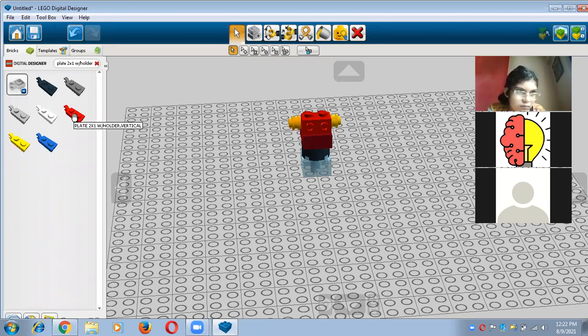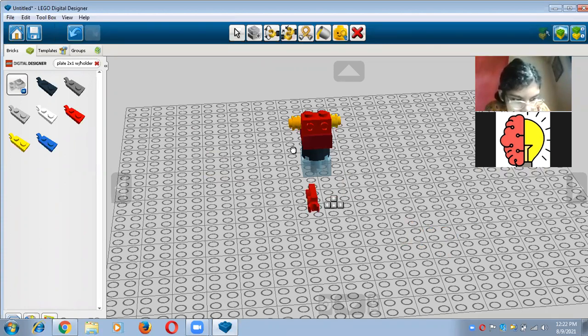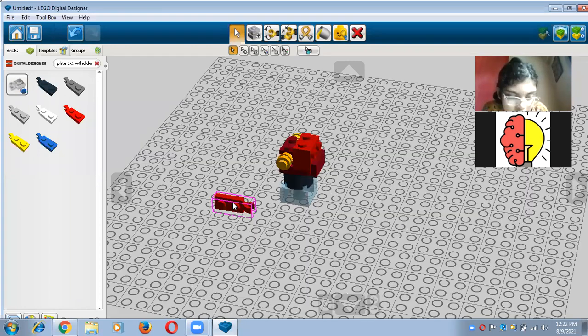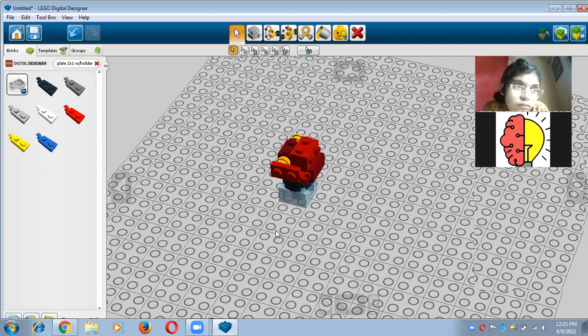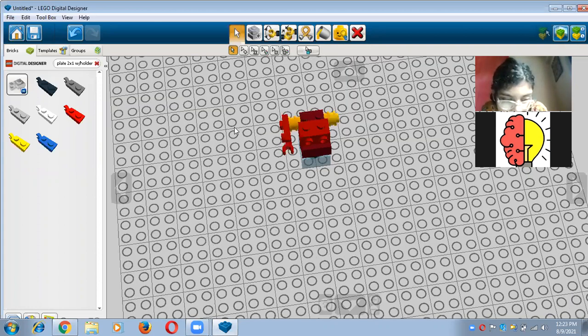So I want to take this red color plate, right? And now I want to rotate it like this, change the direction in this way, correct? And now you will put here. I'll show you. Yes, in this way. You can see, correct?